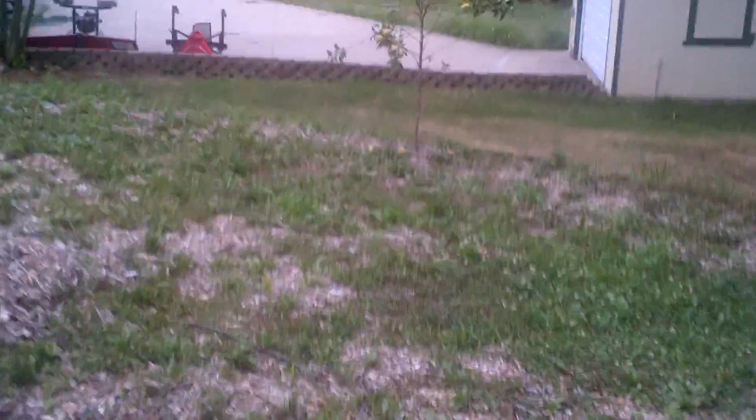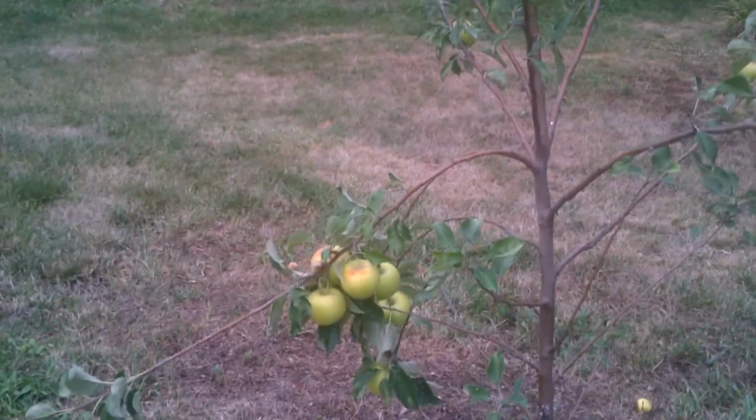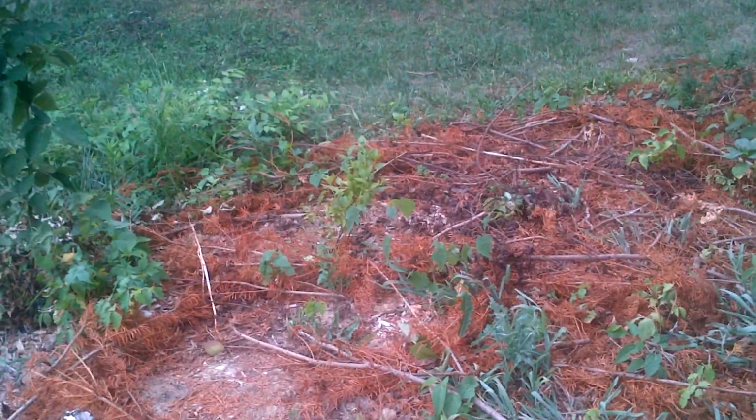And my apple trees had a few fall off, but they're actually doing pretty good. I've only got about a dozen, but considering it's a first-year apple tree, I'm happy with that. And then, as you can see, my blackberries are still sprouting, and you may be able to just see slightly my blueberries. 2 of these guys are still kicking. So we shall see if they make it through the next couple weeks, and if we actually get some rain